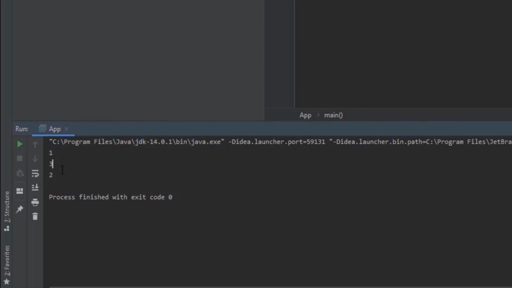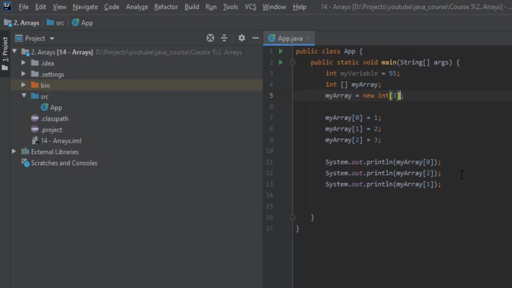There is also another way to create an array. By the way, in Java, the process of creating a new object, like we see on the screen, is called instantiation. So let's see how we can instantiate an array using a different method. You can do it in a single line like this, but you can also do it like this. myArray second, and here